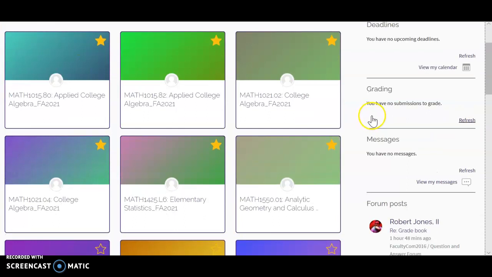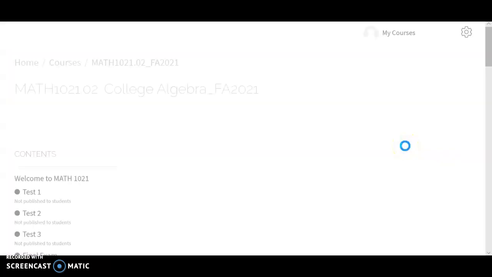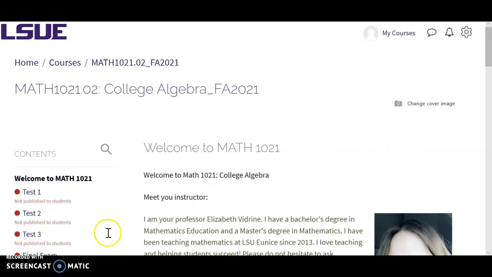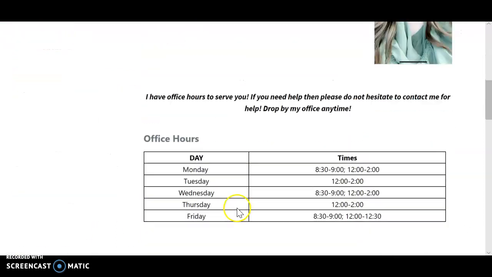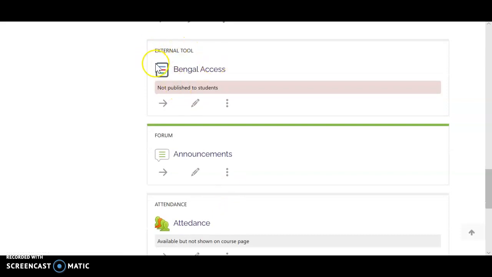And you want to click on the course that you are currently trying to use Bengal Access for, just as an example, Math 1021. Your instructor should have the Bengal Access external tool somewhere on My Courses. It could also be called Inclusive Access or Red Shelf as well. So you click on the Bengal Access tool,